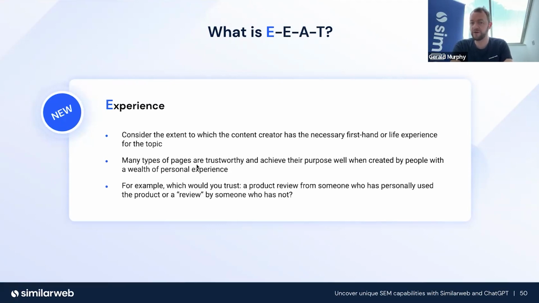More importantly, you would want to have people who create that content who have a wealth of personal experience. So going back to that Vogue example, one reason why Vogue ranks really well for best cologne for men, for instance, is because they've really gone down a wealth of experience of an author who specializes in cologne. But as we saw using ChatGPT, you can actually find very big, significant weaknesses so that you can develop a lot more experience in your content. For example, the top, middle, and base notes.